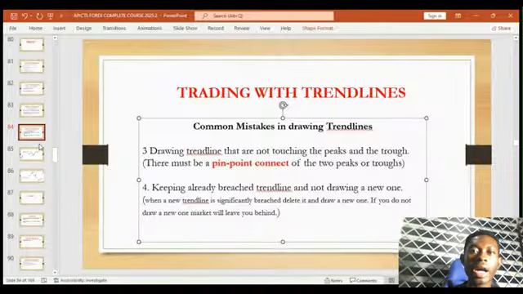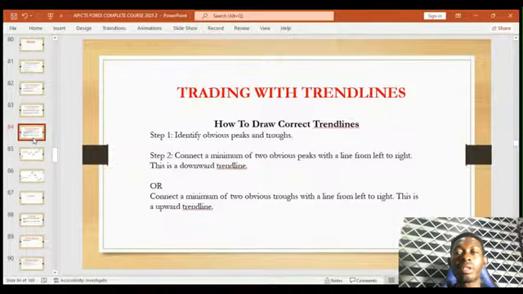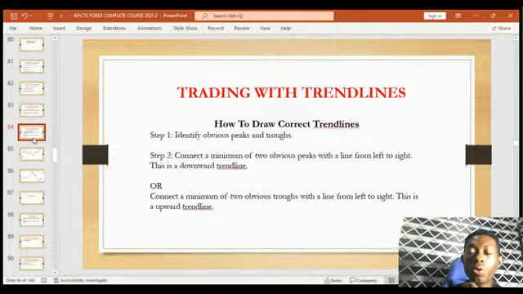So, how to draw a correct trend line? Number one, identify obvious peaks and troughs. Now, the word obvious here is very, very important. So when you see the market moving, forming higher highs and higher lows, or when there's a pullback,